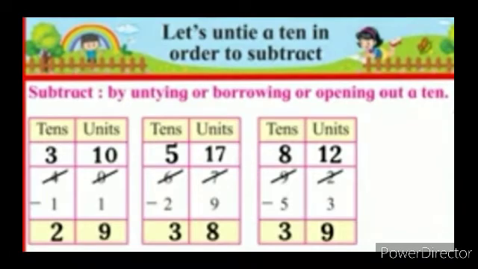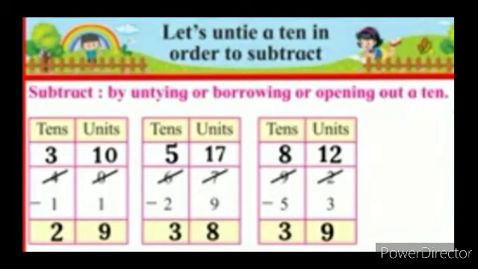Now next examples, 40 minus 11, 67 minus 29 and 92 minus 53. Always start from the unit place. See children, first example, 40 minus 11. So here we cannot subtract 1 from the 0 because 0 is smaller. So 0 as it is, write down in the unit place and take 1 ten. We borrow 1 ten from the tens place. So here in the unit place you have to write 1.